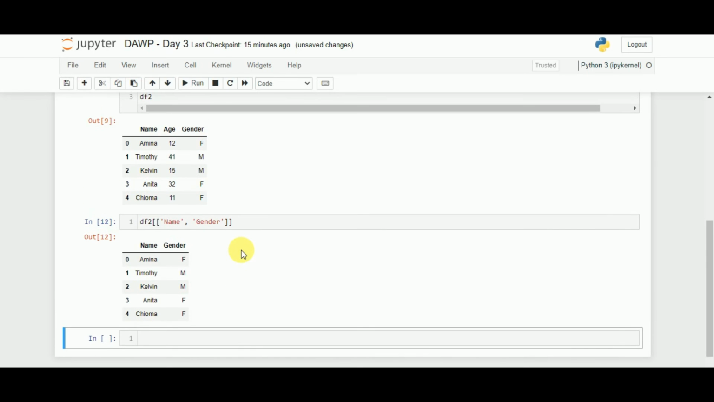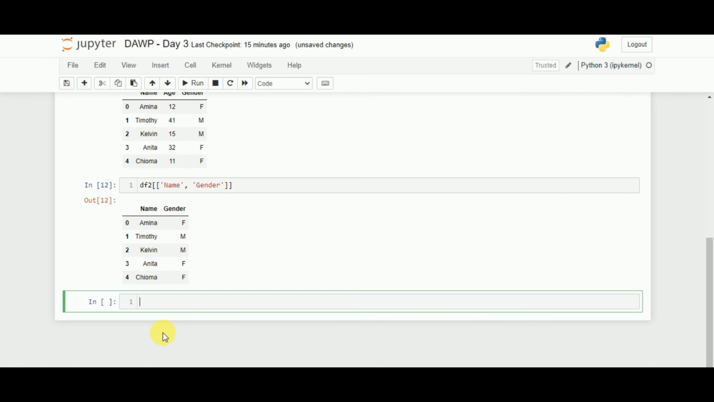Now, some might say, okay, this is just getting the column wise, but you want to get the row wise, the row structure. You want to get a particular row, or you want to get some rows. If you want to get a row, we use what we call the loc, LOC. Either use the loc method or use the iloc method. I'll tell you the difference between the two. So I'll say df2